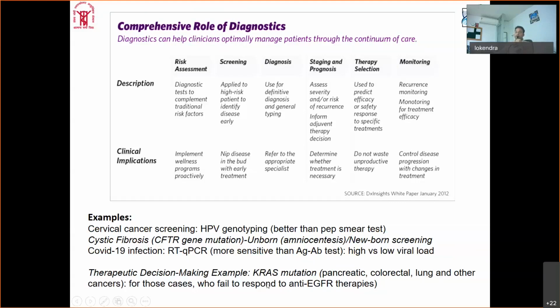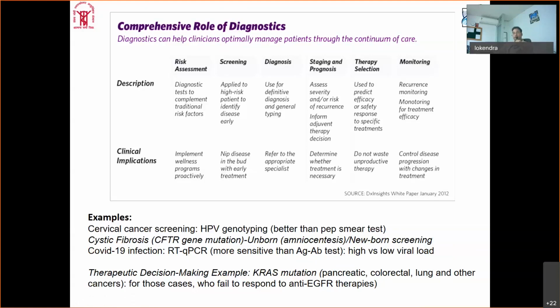So this is to look at the KRAS mutation in these particular types of cancer and decide that if there is a mutation, they will not respond to the anti-EGFR therapies. If we can find the KRAS mutation in those cancers, we can alternatively decide what kind of therapy needs to be given. So all these things help us in deciding what kind of therapy, what kind of disease, and what kind of stage we are in.